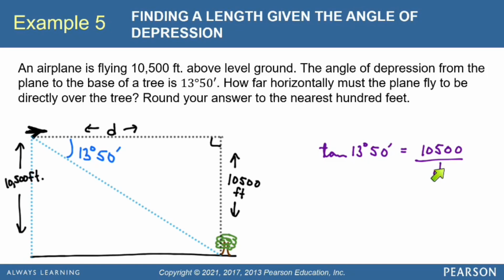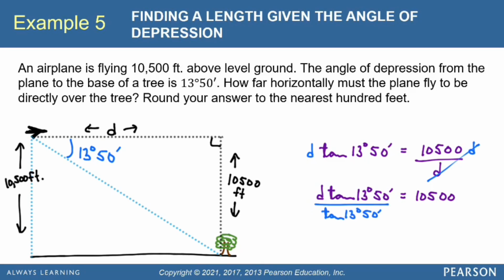Okay, now we need to isolate D, but it's in the denominator. So I'm going to start by multiplying both sides by D. That will cause it to divide out on the right side, and we're left with D times the tangent of 13 degrees and 50 minutes equals 10,500. And so now we're ready to isolate D, so I'm going to divide both sides by that tangent value, and it will divide out from the left, and it leaves D equals 10,500 divided by the tangent of 13 degrees and 50 minutes. So you can enter that in your calculator, and you'll get D equals